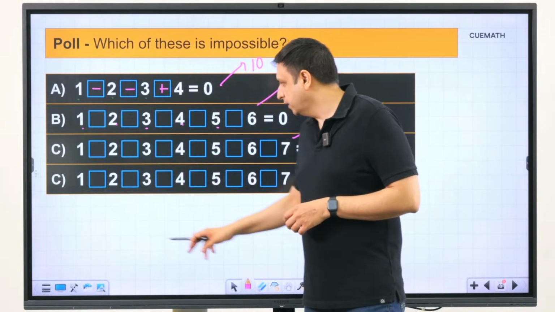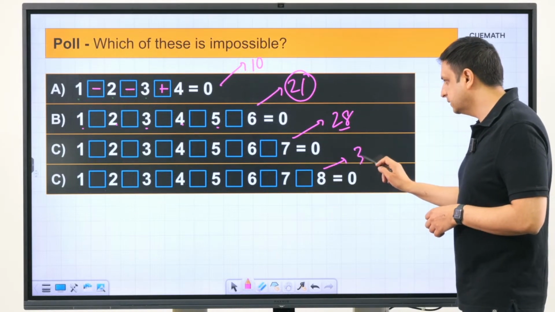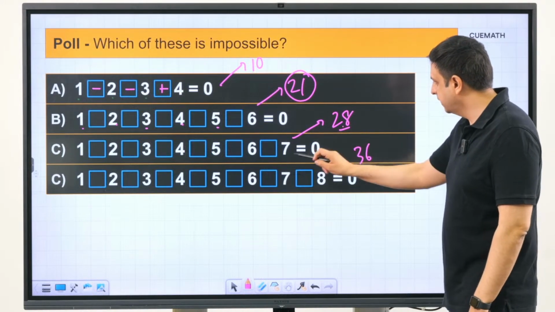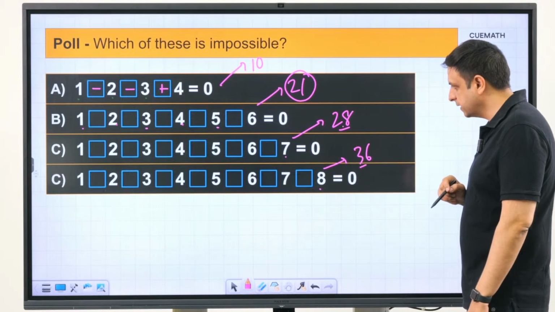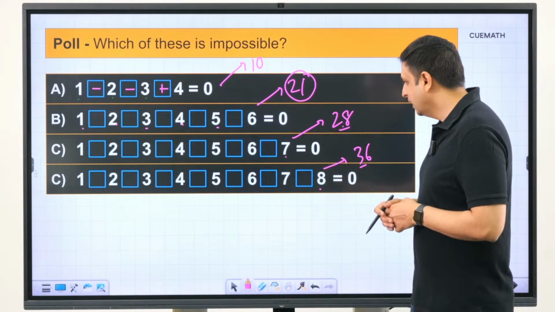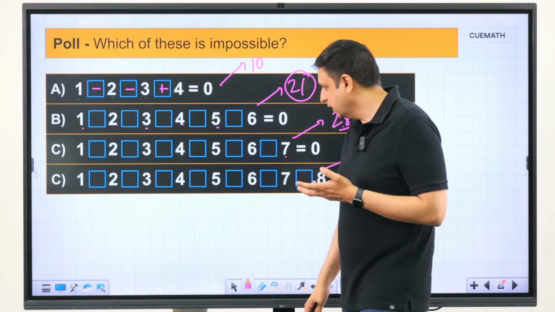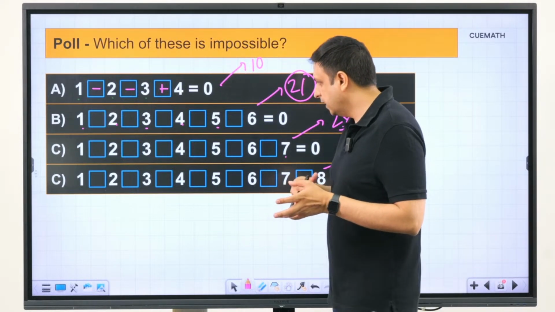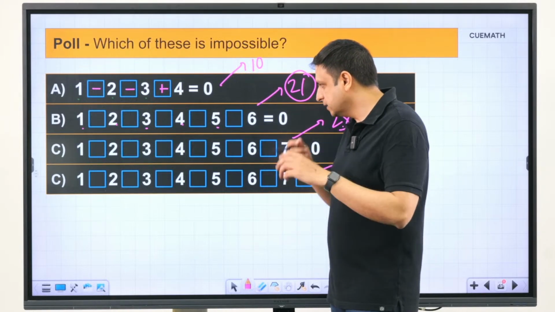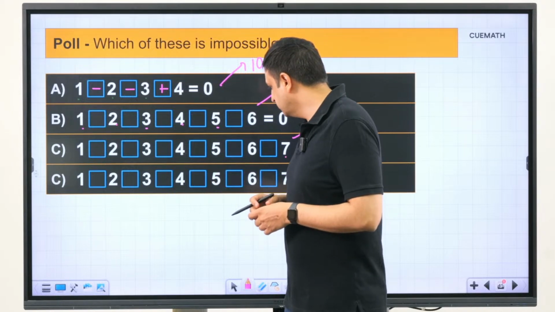And then if you take 1 to 8, the total sum here is 36, because you have the sum of 28 till 7, and then you add an 8, you get to 36. So 36 you can also separate into 2 equal halves, 18 and 18, and therefore getting this also to 0 should be possible. In fact, let's try that out. I need some numbers adding to 18 and the numbers being subtracted also subtracting out 18. So let's see how to do that.